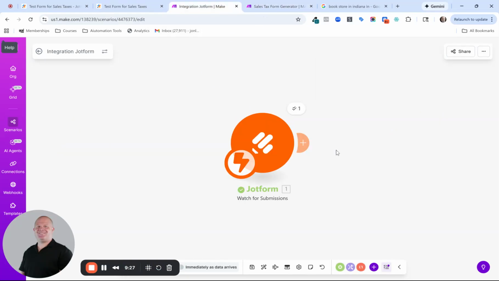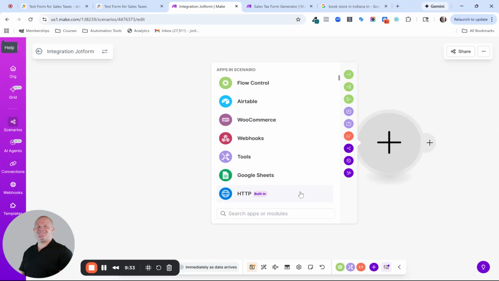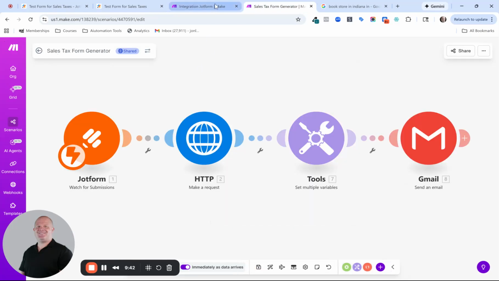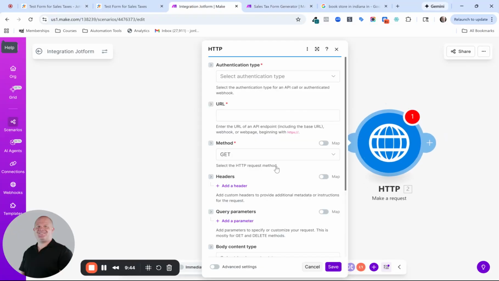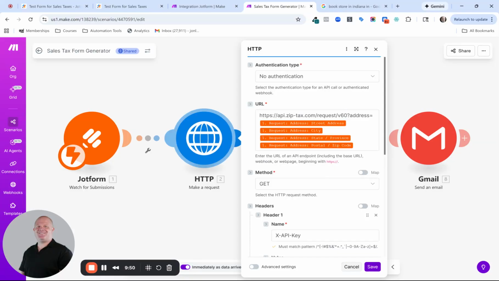And then I'm going to look back at my old one. So we have an HTTP request here. And this is where we're taking the API from. Let me see here, HTTP. I believe it was a make a request, right? Yes, this is make a request. And we'll just steal the URL from over here and I'll have this listed below. But I'm not going to show the API key here, but we're going to go to